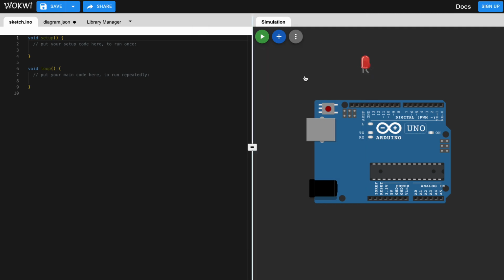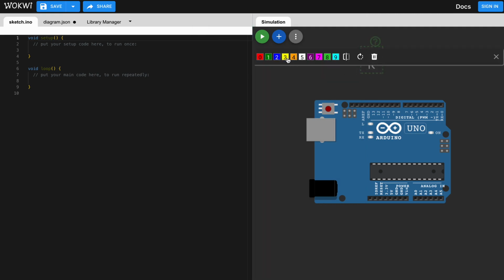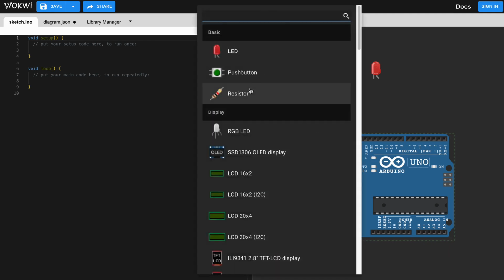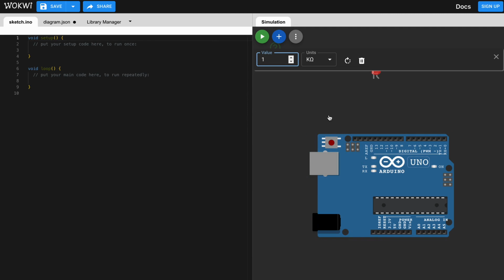We talked about the LED light. There are different color LED lights, and we can change the color of our LED light any way we like. Then we have the Arduino Uno board, which is very familiar to us. What else do we need to complete this circuit? We need a resistor. 1 kilo ohm. Is 1 kilo ohm okay? Yes, it should be okay,